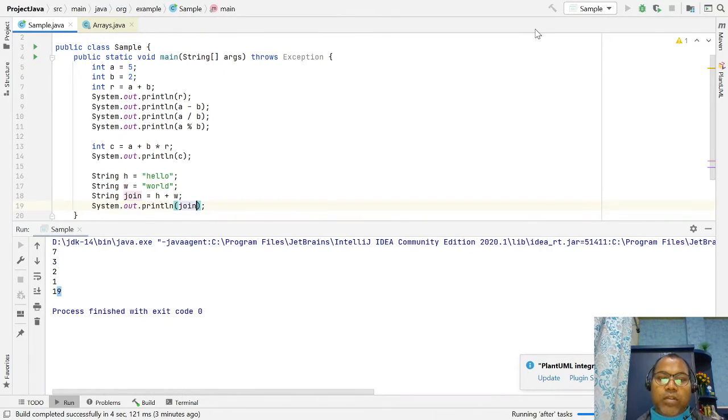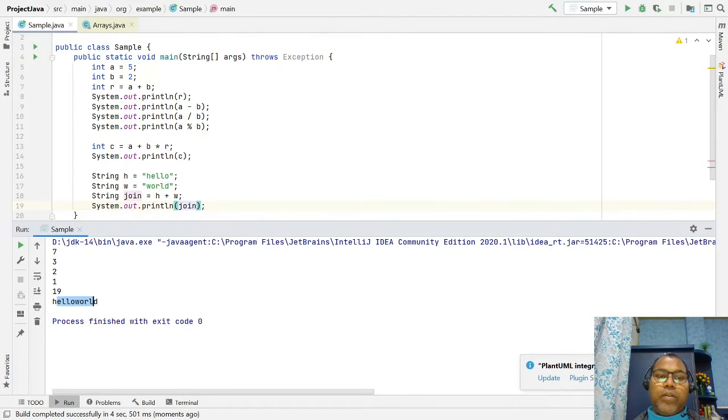Sometimes join is the terminology used with concatenate; both mean append.